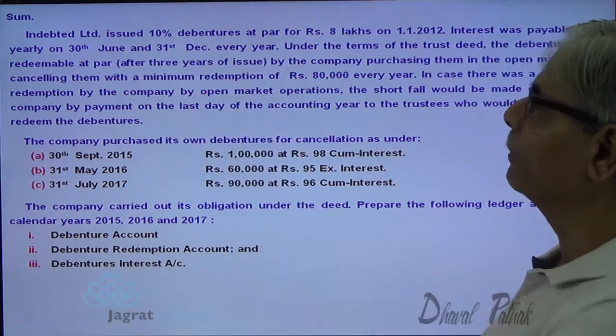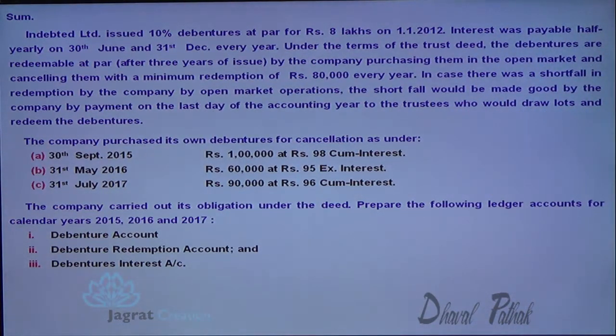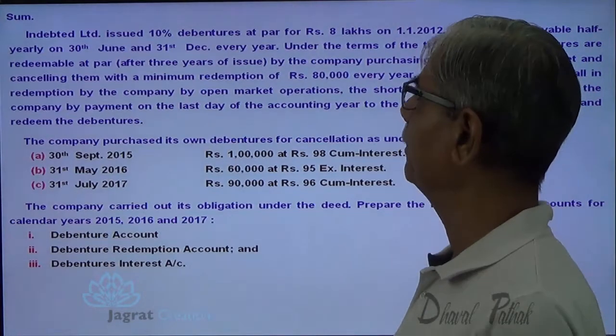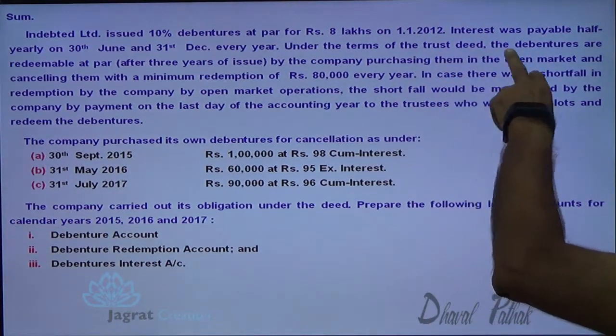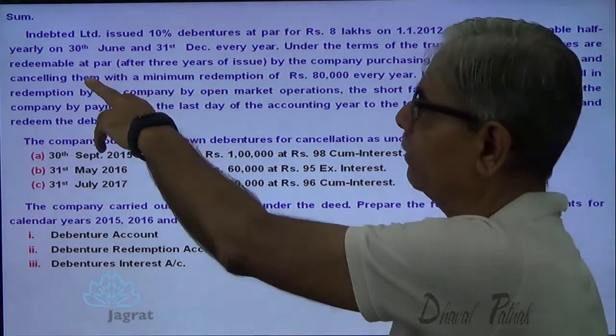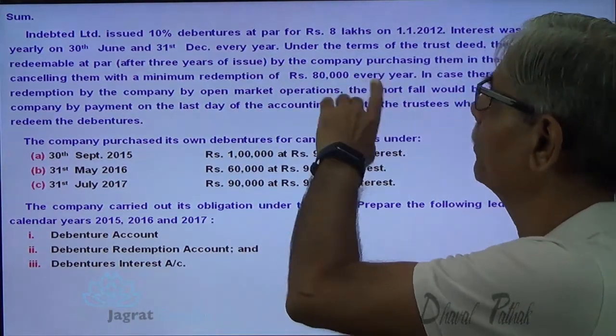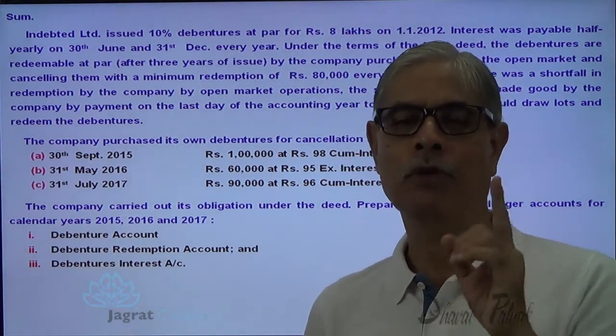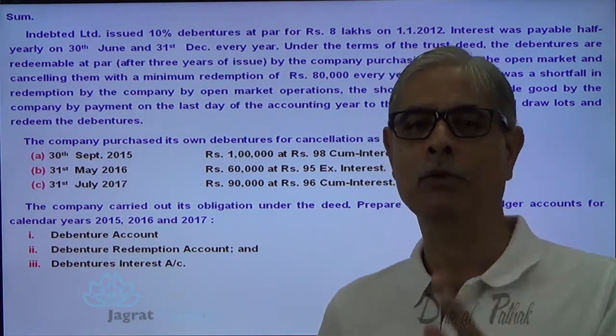Indebted Limited issued 10% debentures at par for ₹8 lakhs on 1st of January 2012. Interest was payable half yearly on 30th June and 31st of December every year. Under the terms of trust deed, the debentures are redeemable at par after 3 years of issue. So 1/1/2012 is the date of issue, 3 years after that. So from 1/1/2015, redemption could be made